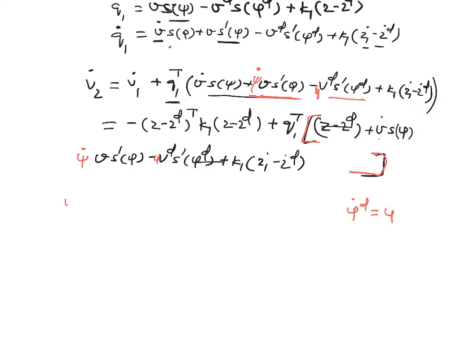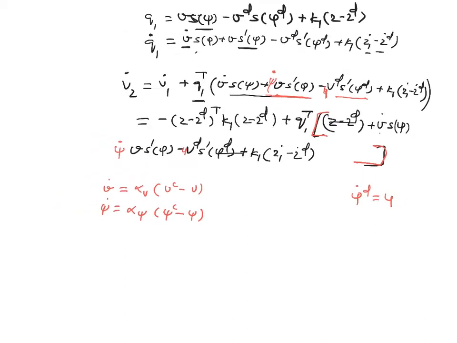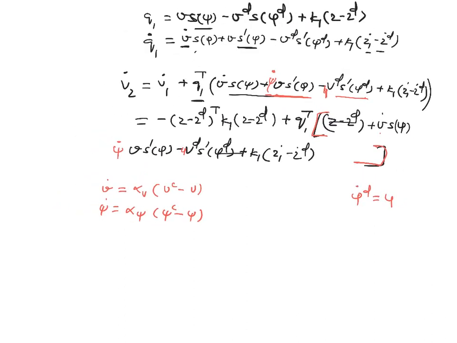Our v dot is alpha (v commanded minus v), and your psi dot is alpha (psi commanded minus psi). So that basically comes in now, because now it's time to choose the control input, so we'll plug this in. Okay, so let's go. So v2 dot then basically is